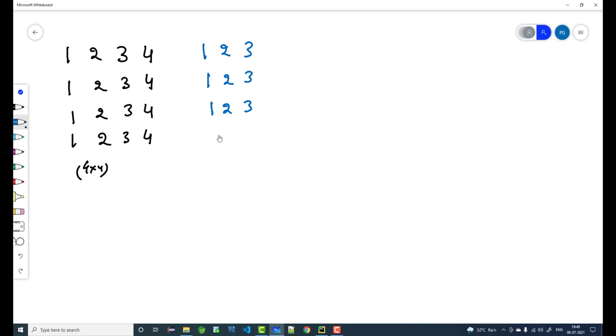Now if we see the second one, which is for 3 into 3, and if we have to take for 2 into 2, then the values are going to be like this. One thing is obvious, that the values in the columns are getting incremented by 1, and the second thing is the number of rows is equal to the number of columns.